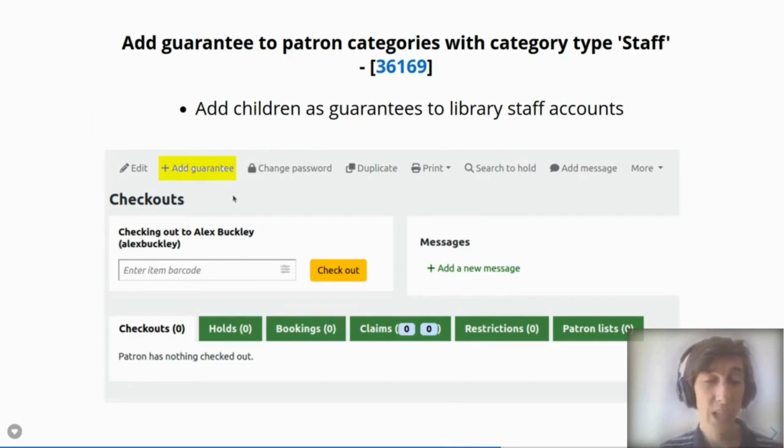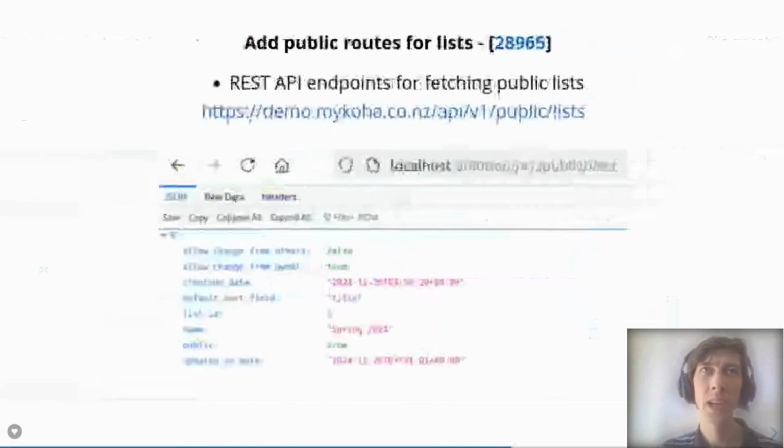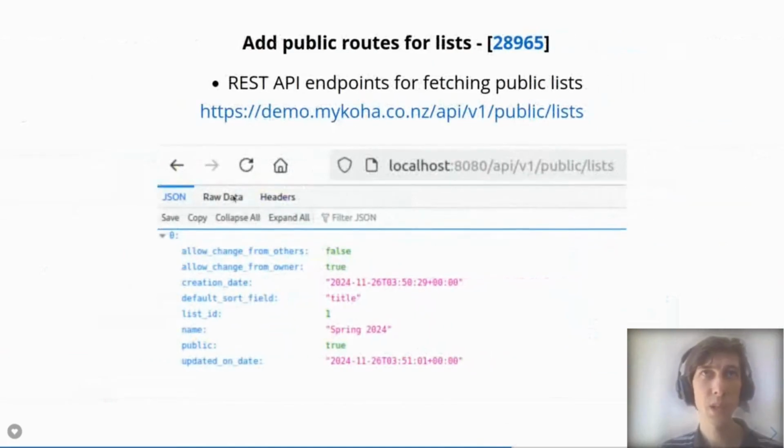This enhancement is quite a technical one, but basically it's adding something called a REST API endpoint, which is just a bit of code within Koha that other systems can run to retrieve data from Koha. In this case, other systems can retrieve public lists from Koha. So in this case, we have a public list called Spring 2024. And if another system